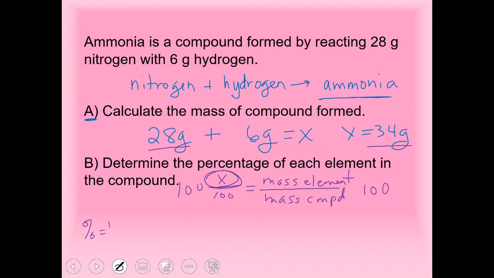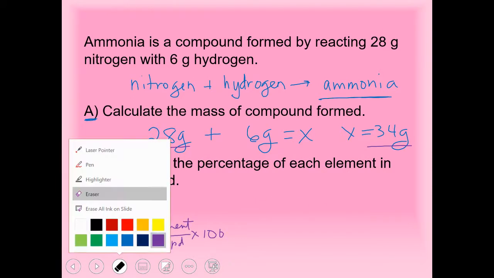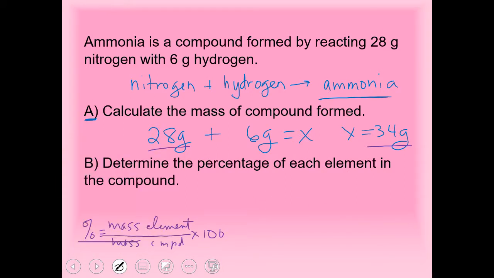The percentage is the mass of the element over the mass of the compound, times 100. I'm going to erase a little bit just so I can have some space to solve my problem. And first I'm going to do the nitrogen, to do each element individually. So that's 28 grams out of 34 grams times 100. And I do that and I get